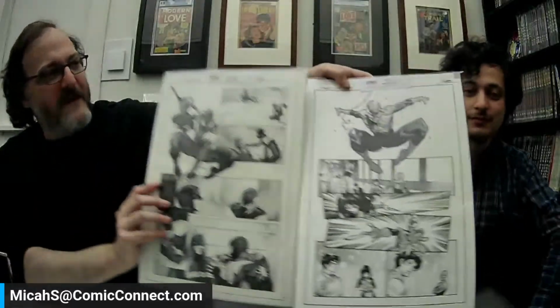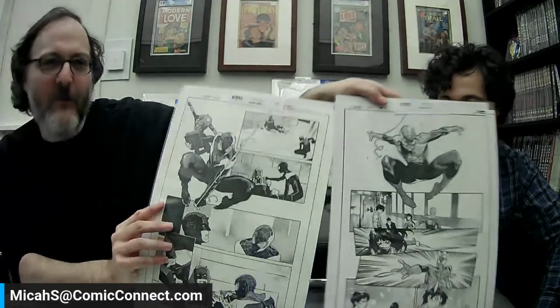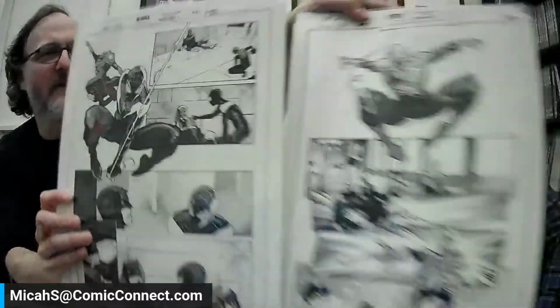A couple of really pretty Dike Ruan pages. One from Shang-Chi, one from Spider-Verse. They both have Spider-Man on them. One has Daredevil on it, and one has Shang-Chi on it. And they're both really, really pretty. This is an artist to watch. I wouldn't be surprised if we're looking at these in 5 years and I'm like, man, I wish I would have bought one of those 5 years